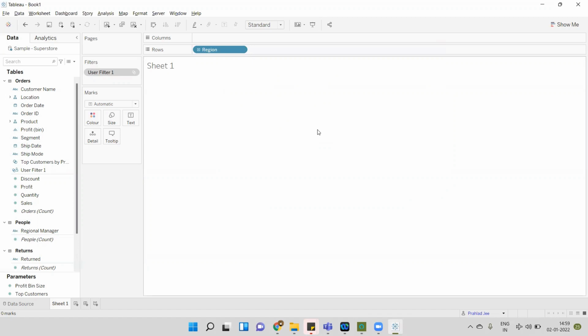For 20 users, by using the user filter, we can do the mapping, whatever data we want to show. And for the rest 80 users, we have to map as well, selecting the complete data.